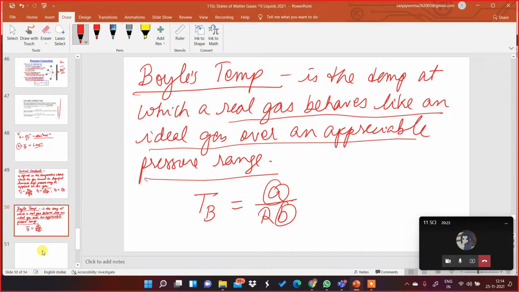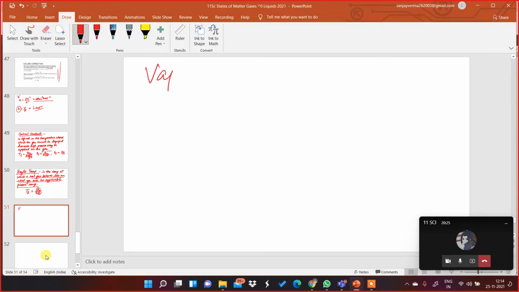What is the vapor pressure? Meaning of vapor pressure. Let me explain it to you. This vapor pressure means the pressure exerted by the vapors of a liquid at the equilibrium state. The rate of evaporation is equal to the rate of condensation, and that pressure which is exerted by the vapors of the liquid is called vapor pressure.